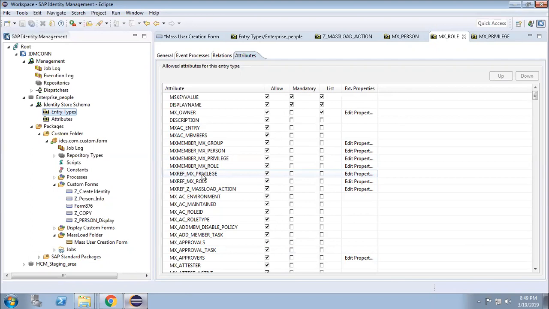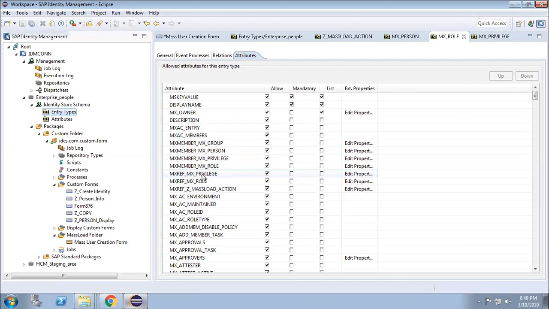Now, this relationship of roles and the different entry types, is it fine, or do you still have doubt? You must be having some confusion. I am not saying that you don't have any.